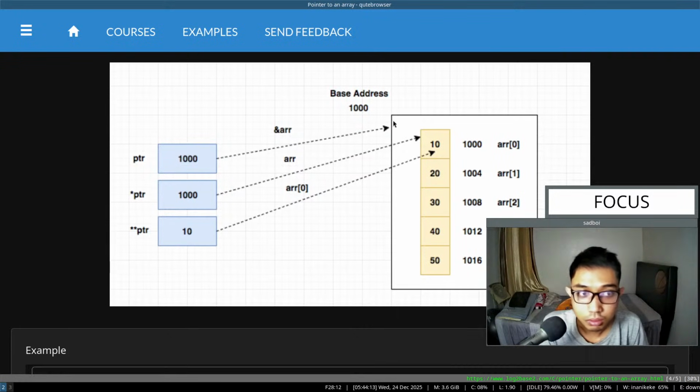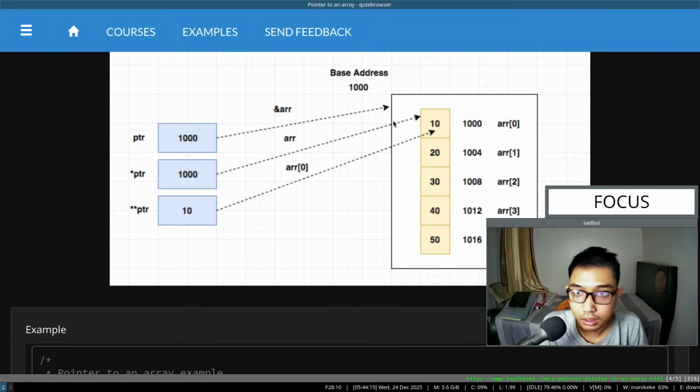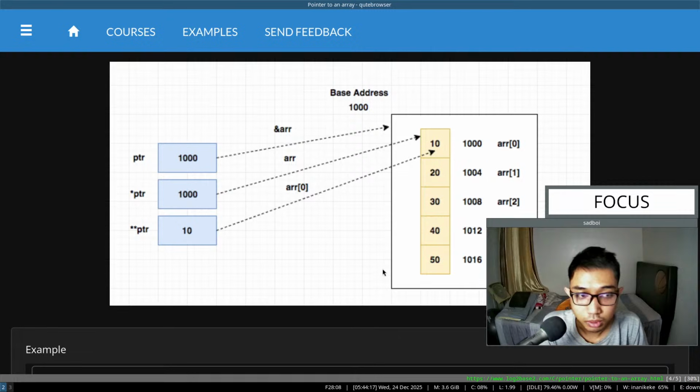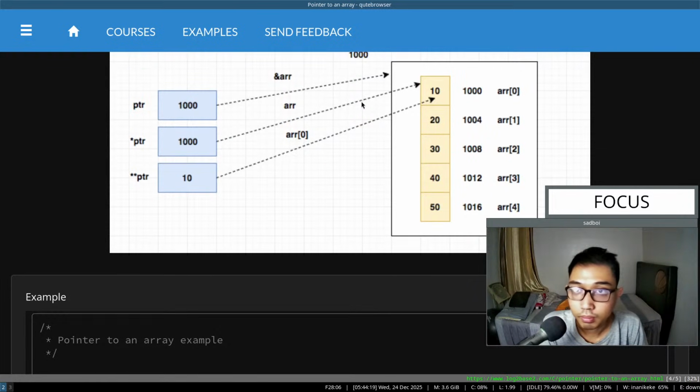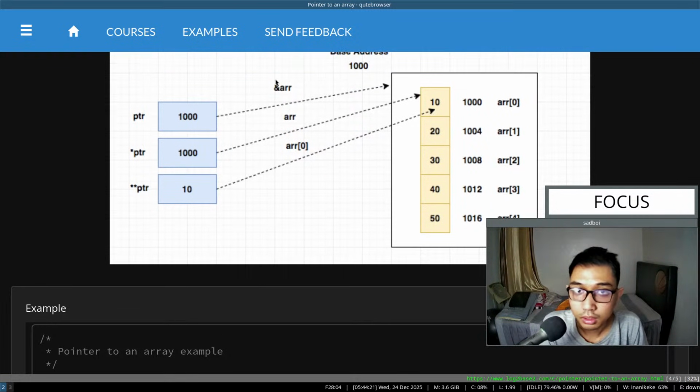This is actually a good representation, I guess. Right? When we add the address-of, we mean to take the whole array,